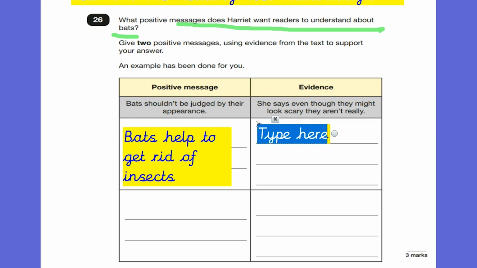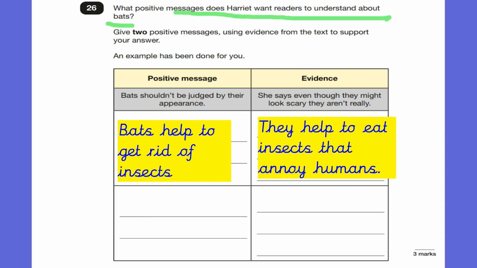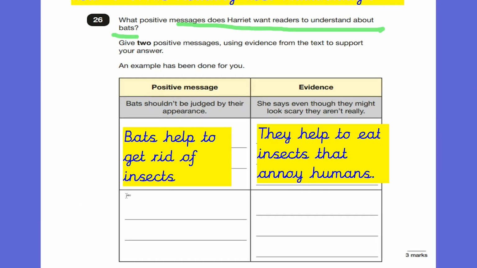So we need to give some evidence. So they help to eat insects that annoy humans. So I've made an acceptable point, and I've got my evidence from the text. And this next one, I'm actually going to find evidence in the text because that's what we really should be doing. So the next positive message could be,